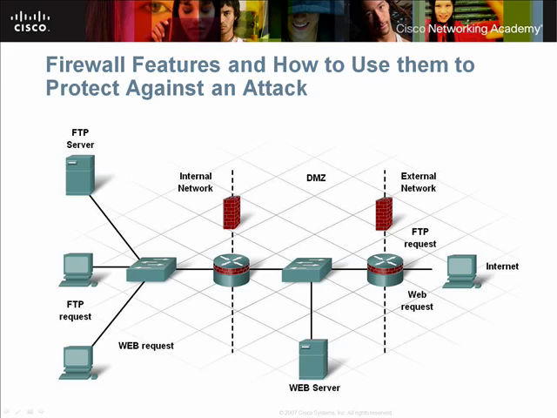Before we set the animation in motion, let's define parts of the network and put the example into a realistic context. First, this example demonstrates what is called a demilitarized zone architecture, or DMZ architecture. A DMZ architecture consists of an internal network, an external network, and any number of DMZs. This architecture is commonly implemented with dedicated hardware firewalls such as the Cisco ASA. In this example, the Internet is the external network.